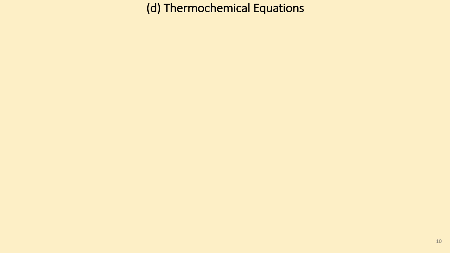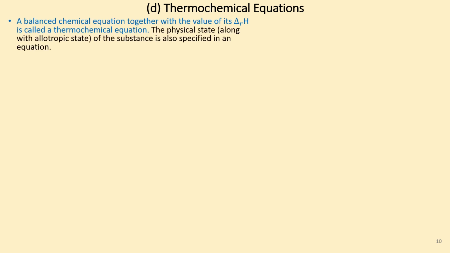Thermochemical equations. A balanced chemical equation together with the value of its delta rH is called a thermochemical equation. That is, the equation must have the balanced chemical equation plus the value of delta rH. The physical state along with the allotropic state of the substance is also specified in an equation. Example,